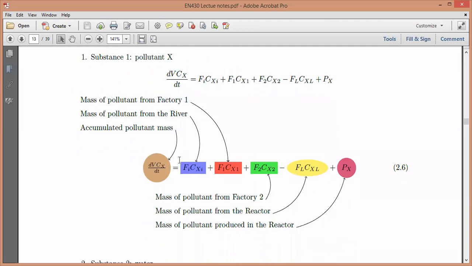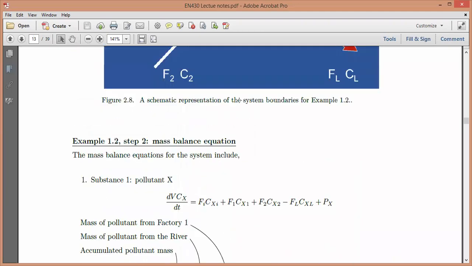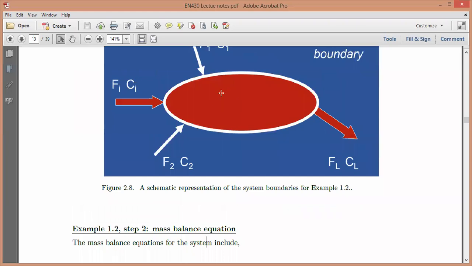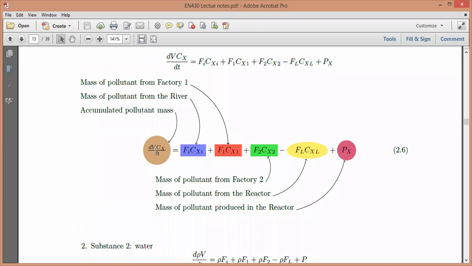Okay, so there's something more in detail here to help us understand. So accumulated, so we're trying to basically understand accumulation, which is dV. So this is the volume of the lake, multiplied by the concentration of X in the lake over time. That is exactly what accumulation in this particular place is, in our reactor at the moment. So it's d(Vc)/dt. So over time,